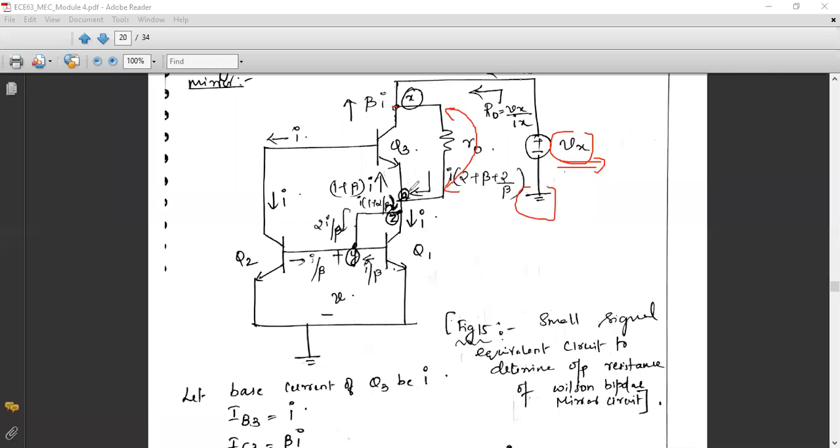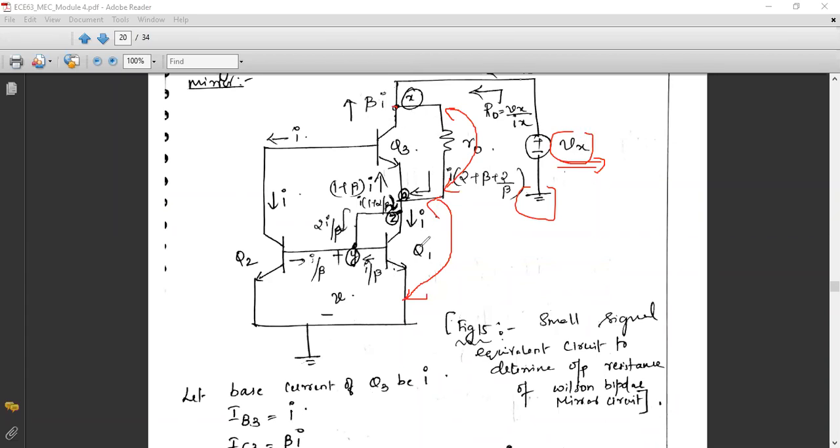Across X and A, right? Because R0 is connected across the collector and emitter terminal of Q3. So here we have a drop, and another drop, which you can see is between the collector and emitter of Q1, isn't it? We are having two factors. One is across Q3 and another is across Q1, because these two are a part of your output circuit, isn't it? So Vx can be written as the sum of the voltage drop across Q3 as well as across Q1. That is collector emitter of Q3 and collector emitter of Q1.